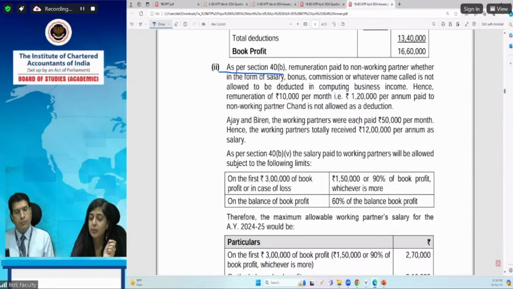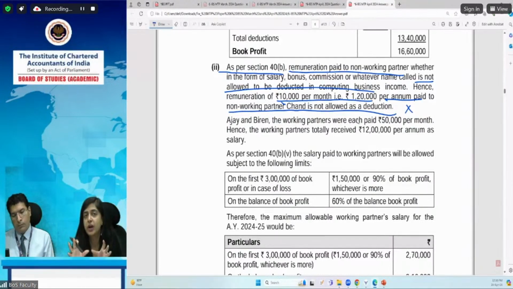So remuneration paid to a non-working partner, whether in any form, is not allowed. And so the 10,000 paid, that is 1,20,000 per annum, to non-working partner Chand is not allowed as a deduction. In the descriptive, you have to provide the reasoning, the explanation for each and every adjustment. Ajay and Biren, since they are working partners and salary is paid 50,000 per month, so total